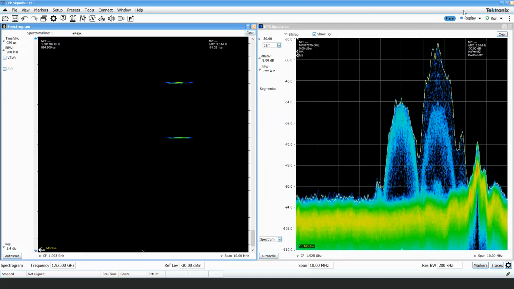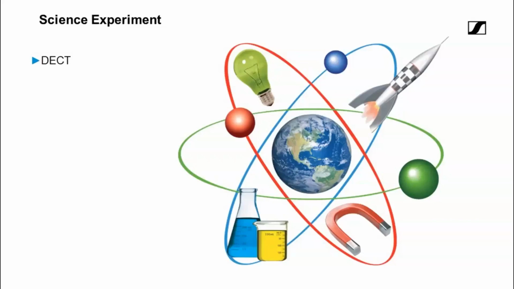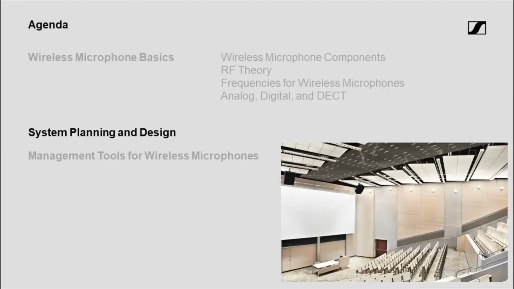I'm going to stop this. And if you are setting up DECT, you can plan to set up a room with wireless systems, tune the RF so it's contained within the room, and then start with neighboring rooms and create zones of DECT systems that work together. So let me know if you see the screen again. I think you probably do. Yep. And we're going to move on. I'm going to pass it back to Dave for system planning and design.